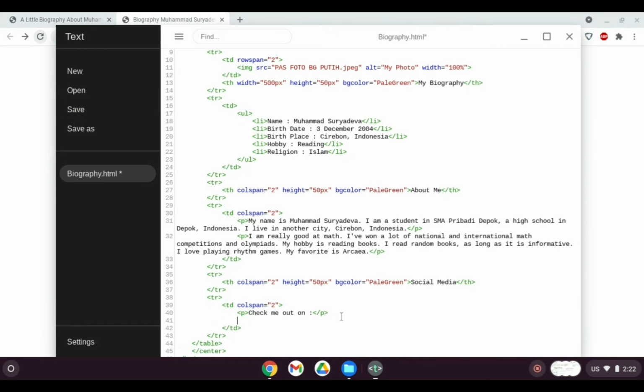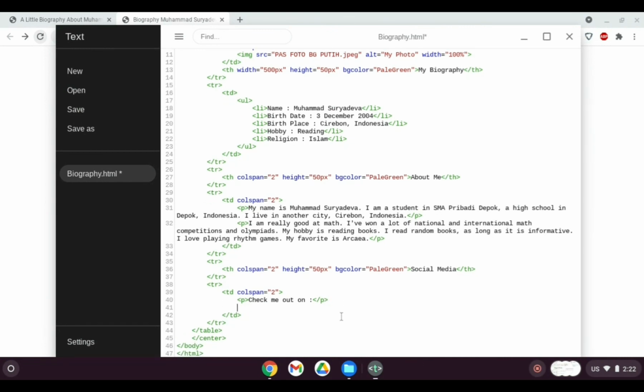So how to put a link? First of all, I want to make this look good, so I want to put my links in a list. Let's make an unordered list like this. Now, to put a link, first of all you need this tag, a href, just like this, and then you put your link address here.